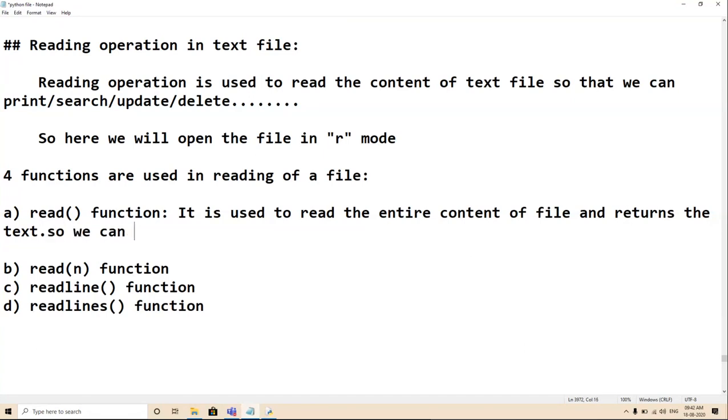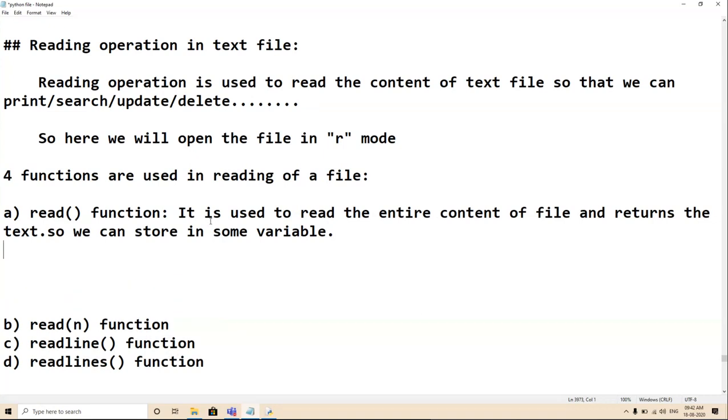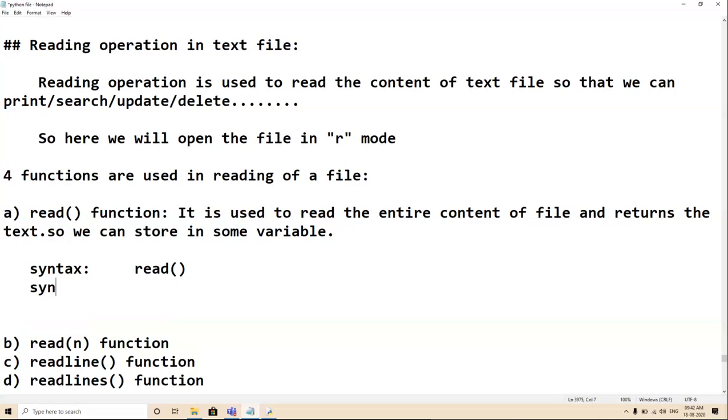So we can store it in some variable for printing, searching, whatever we want we can do. Syntax is this: it is not accepting any argument. Read function, empty brackets.